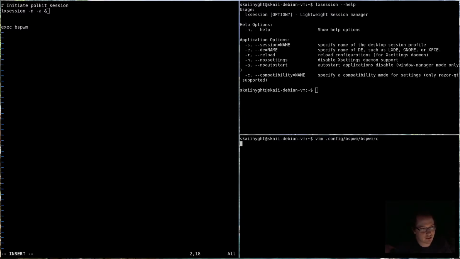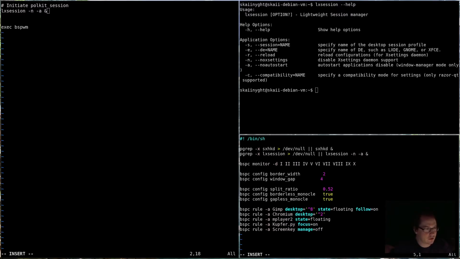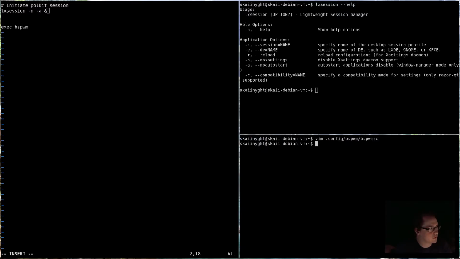Config bspwm, bspwmrc. So we want to look for a process called lxsession. If it exists, don't do anything. Otherwise, launch lxsession with -n and -a as flags, and keep going. Okay. Actually, let's hop over here and delete those before I forget. Okay, so that should